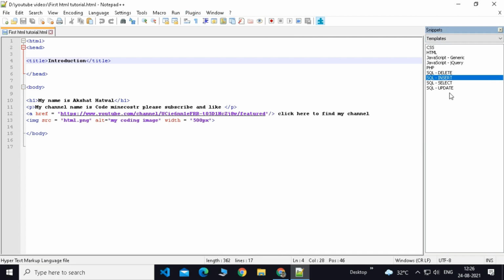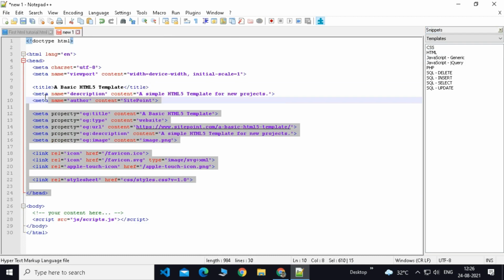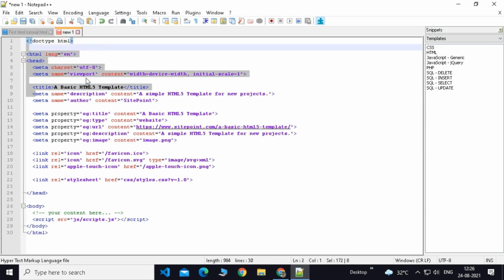So when you have installed snippets, you can see there is an HTML tag. If you double click or just click it once and then press enter on your keyboard, I am going to double click on it, then it will open a new file with all of this. And once you see this, it is a little bit scary, like you might be like, what is this? This is just an advanced code of HTML5.